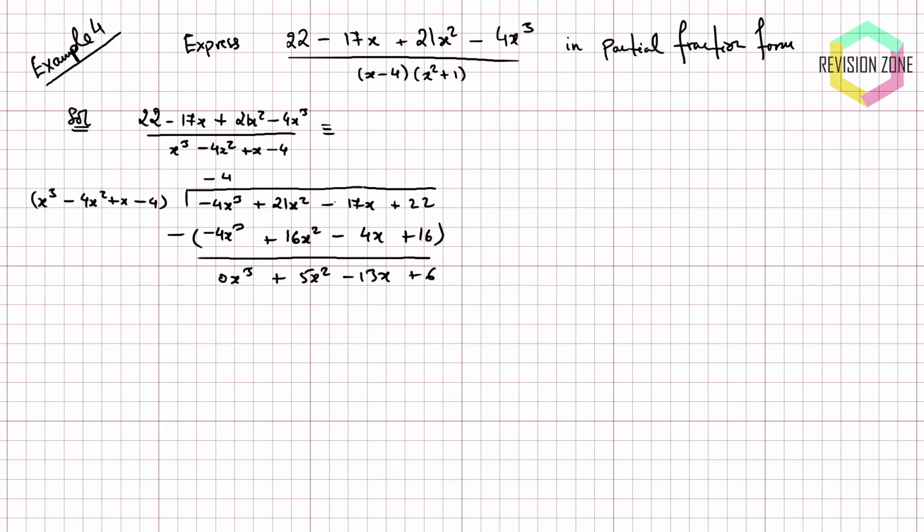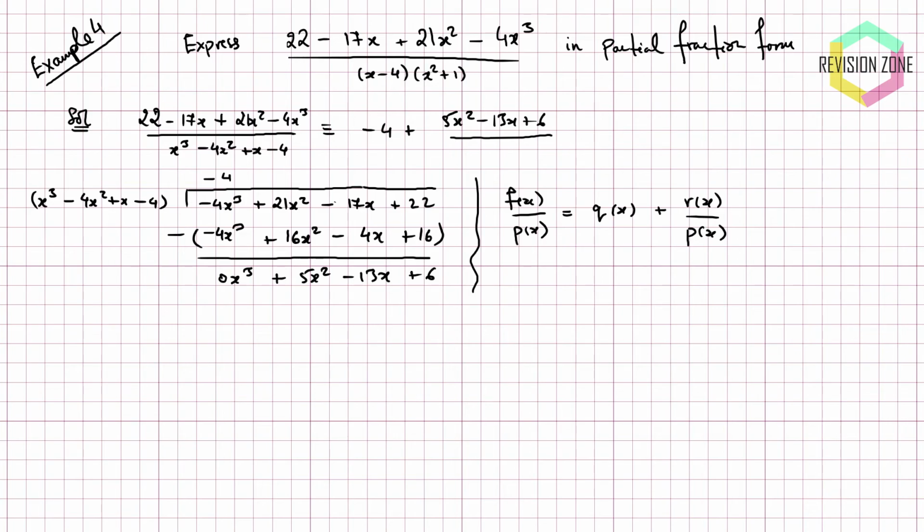So basically what we've done is, again, we've started with some function in the numerator, we've divided it by some polynomial in the denominator, and we've managed to get a quotient, and we've managed to get a remainder, but of course the remainder still needs to be divided, right? So in this case our q happens to be negative 4, so we write that down, and then our remainder happens to be this quadratic here, so we write that down. It's going to be 5x squared take away 13x add 6, and then the denominator is of course going to